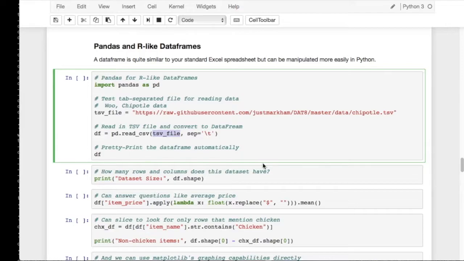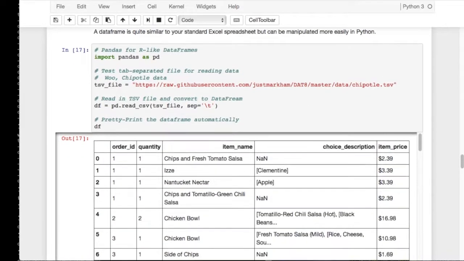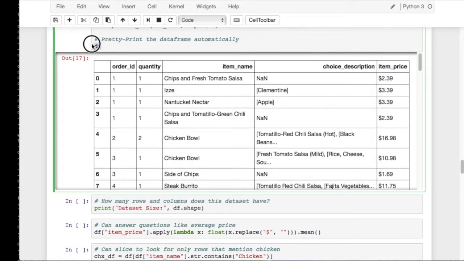It supports files on your local computer, URLs, and a couple other formats. And we say the separator will be this tab, since we're using a tab-separated file. And then we can print out this data frame. So this df here at the end gives us a nice pretty printed format where we get a unique order